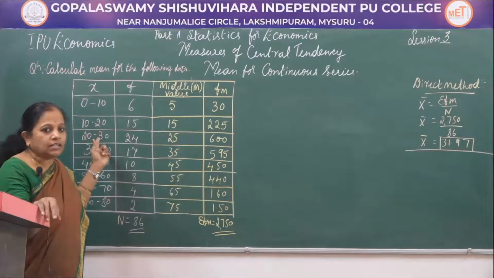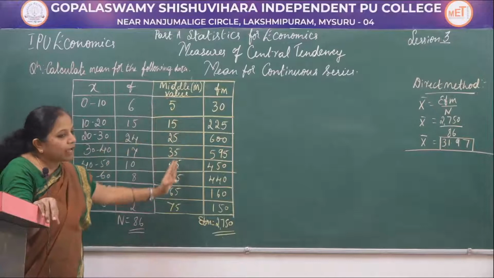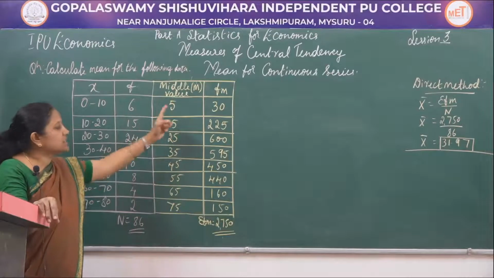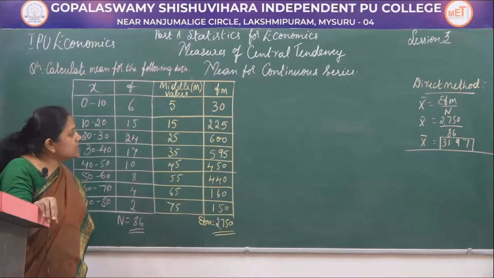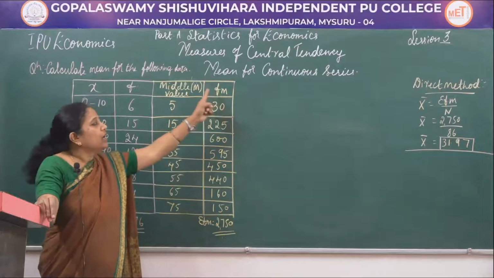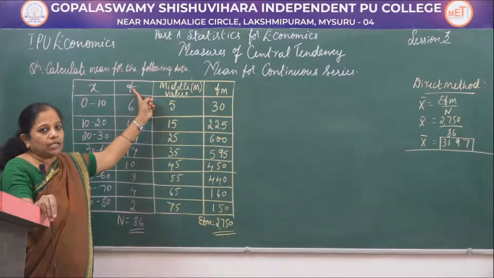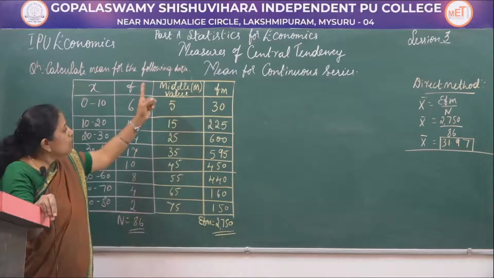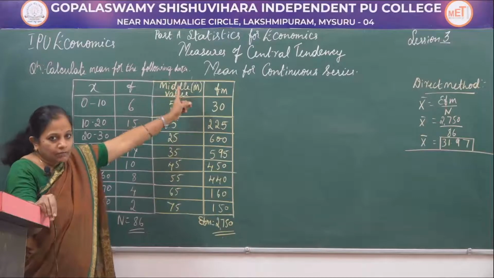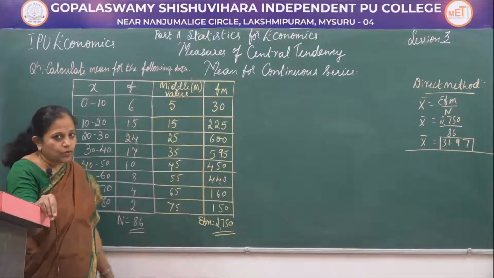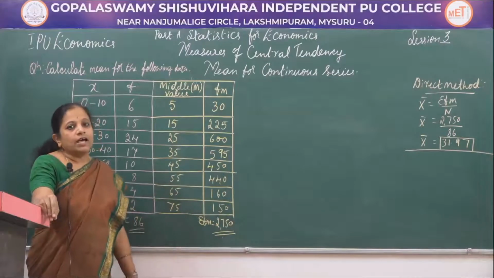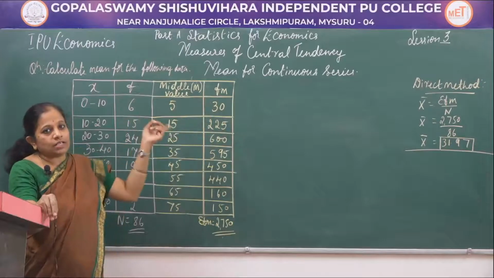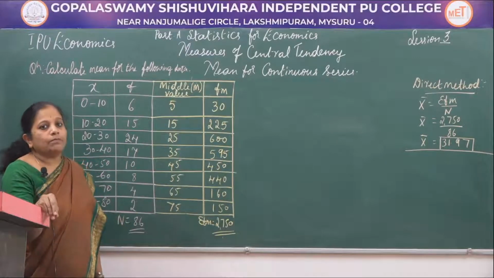After we see the sum, we have to decide the middle values and mark them. The middle values of the respective class intervals are written here. Against them, we have to write the Fm. F is already given in the sum, that is the frequency. M is the middle value that we have written just now. After this first step of writing the middle values, we go to the second step, that is Fm, the calculation of the frequencies and the middle values. It is the multiplication of both the frequencies and the middle values.